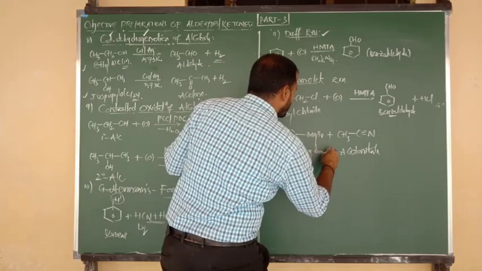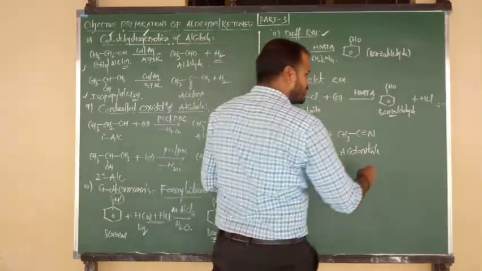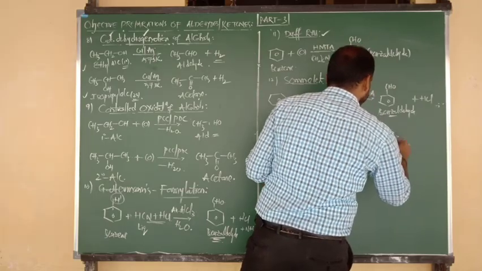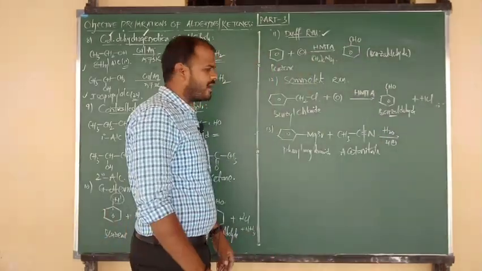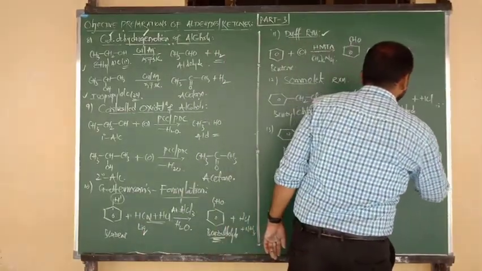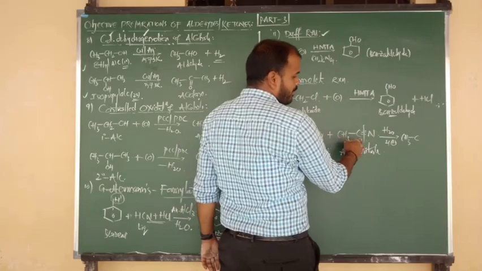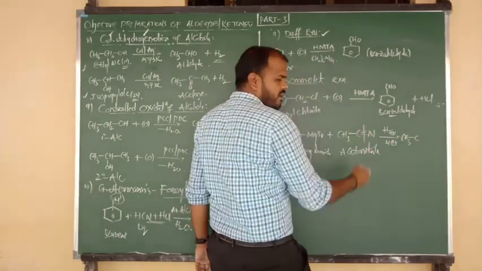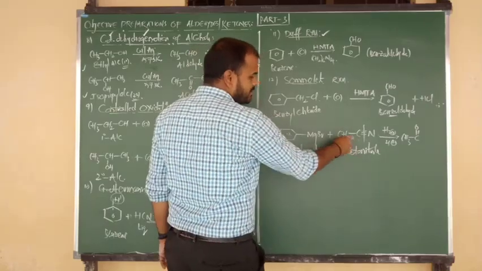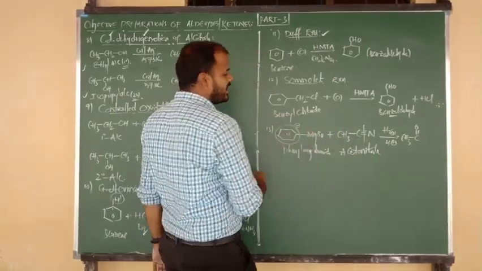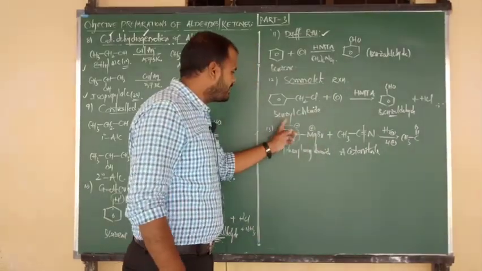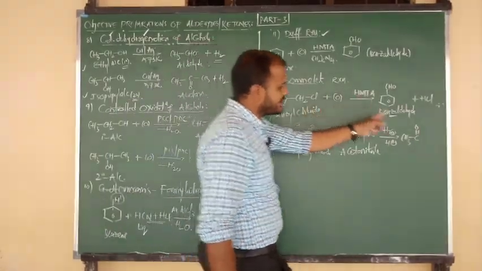So phenyl magnesium bromide upon reaction with acetonitrile, followed by hydrolysis in acidic medium. Here we have to break the bond. CH3 bonded to C, I am going to write here as it is. After breaking of the triple bond, from the water molecule we have to consider the oxygen. So simply we can say double bond O. And the central C contains charge plus, it is attacked by the phenyl ring minus. Because in phenyl magnesium bromide, Mg contains charge plus and the phenyl ring contains charge minus. Minus attacks upon C plus.